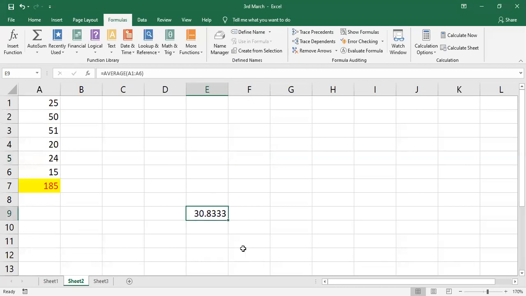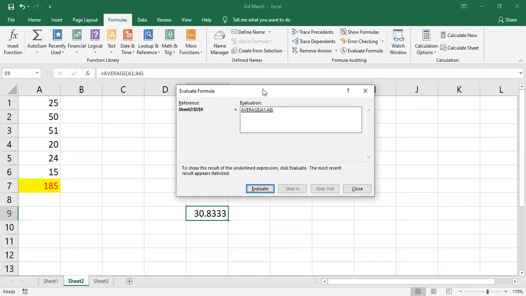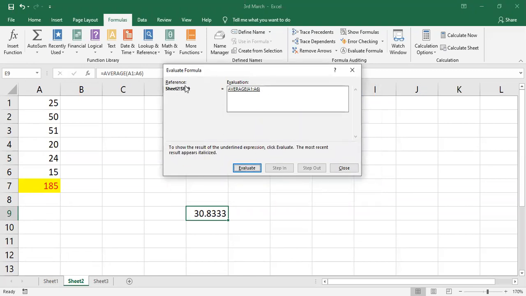If you want to know how you got this result, means if you want to know step by step, here we have an option that is evaluate formula. Now you can see here, it is showing a reference as what? Sheet 2 E9. Currently which cell I have selected? I have selected sheet 2 and the cell is E9.